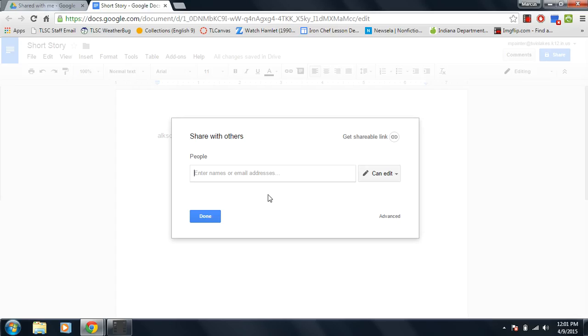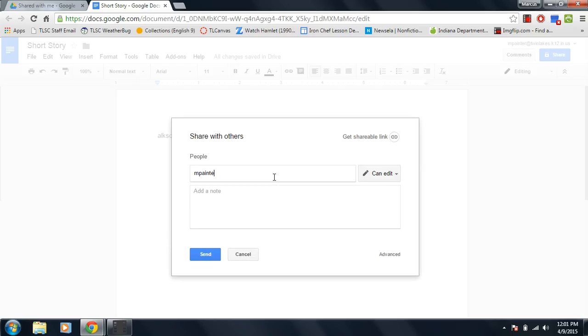That now brings up this box. There are a couple of different things you can do here. If I'm a student and I need to turn this in to my teacher, I can type in my teacher's email address. So it could be mpainter at, and this is what I use,